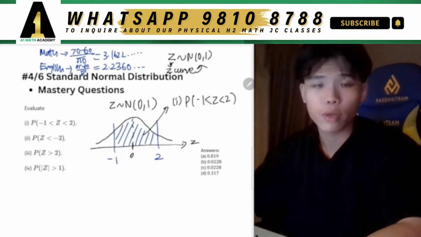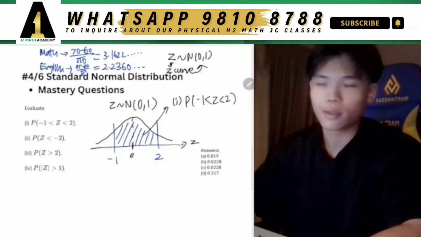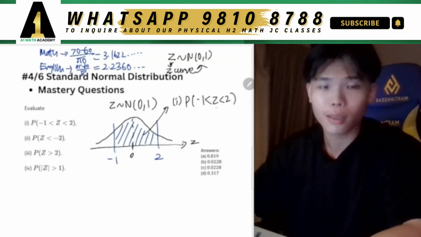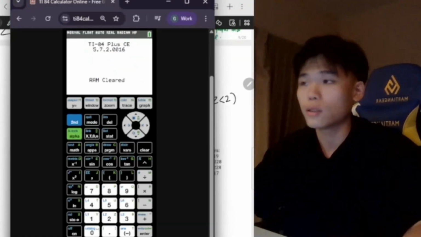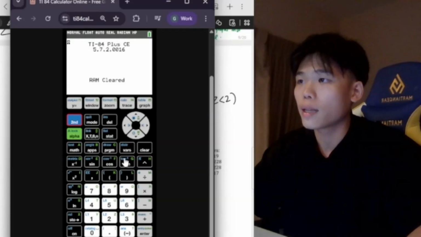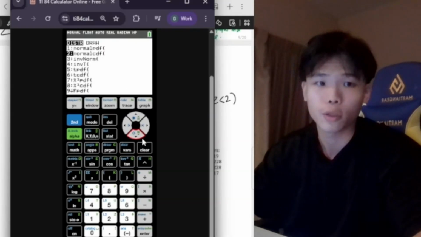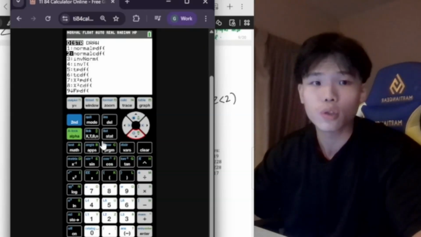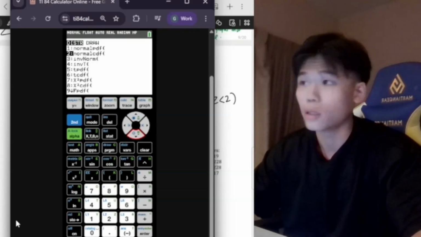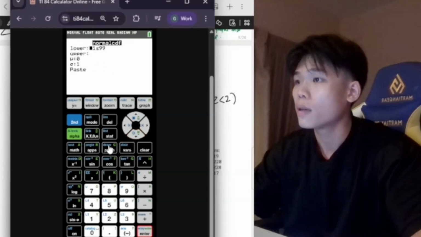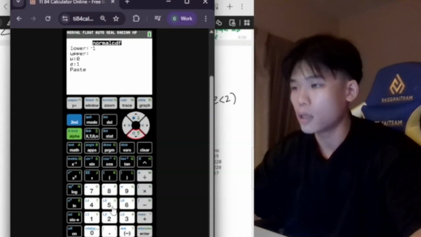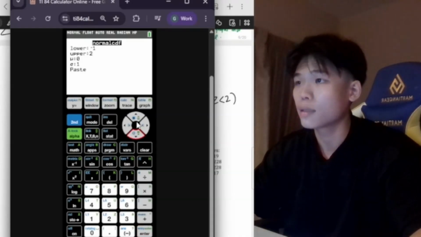So once again, recap that your calculator is able to calculate this directly. What you want to do is come back to your GC, second DISTR. At the core of it, a standard normal distribution is still a normal distribution curve, so you can still use normal CDF for this. You click enter. Your lower limit is now -1, upper limit is 2, and these two values are already there. Just paste, enter,